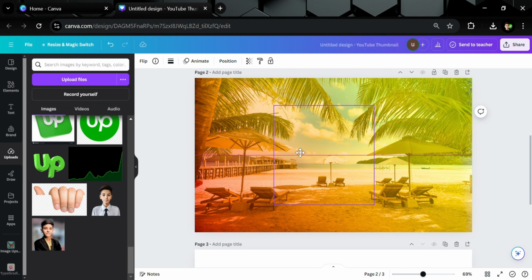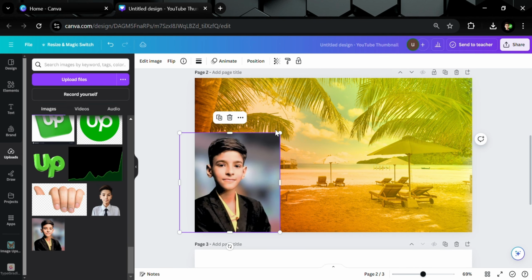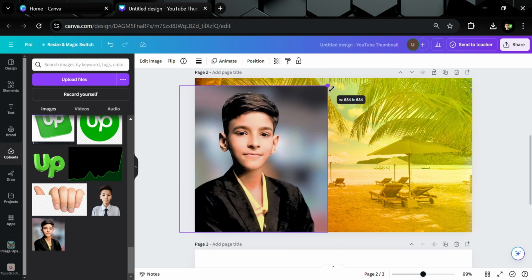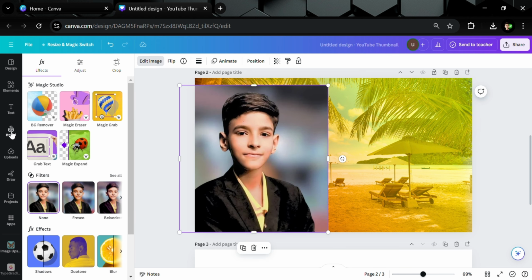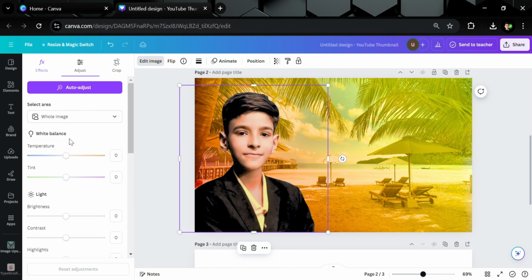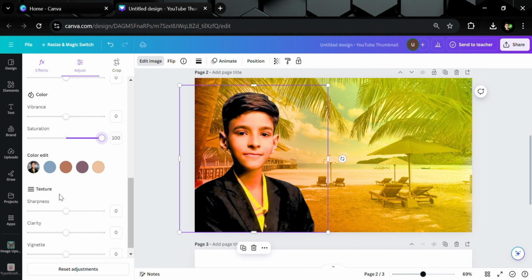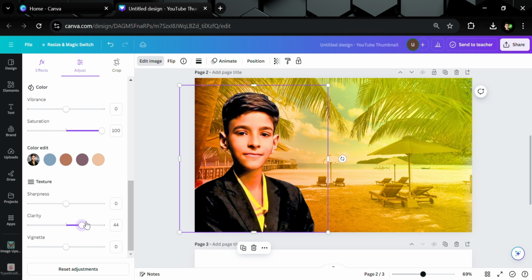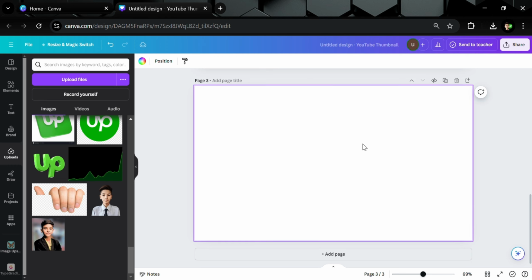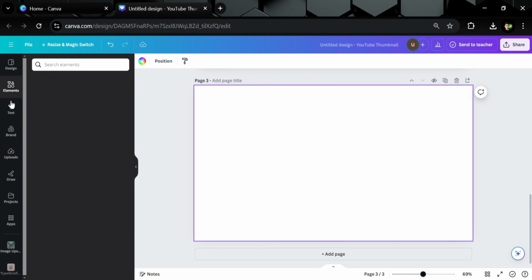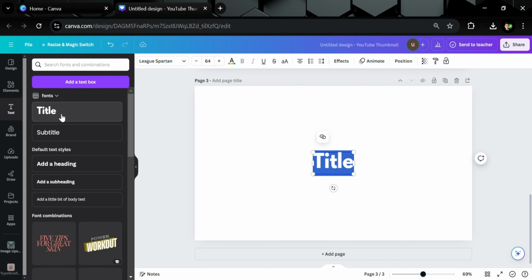Add your picture here, which you want to add in the thumbnail background. And here you can see you can increase the saturation, clarity, adjust this, and then you open your page 3. Here you are gonna click on text, and now right here type viral,